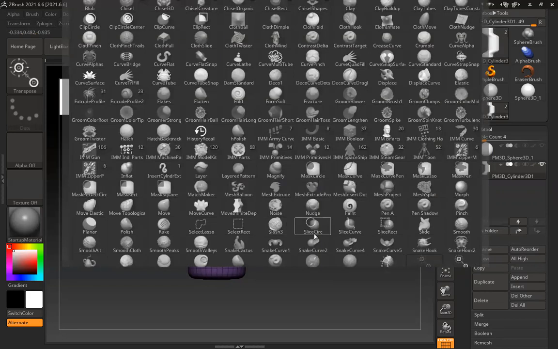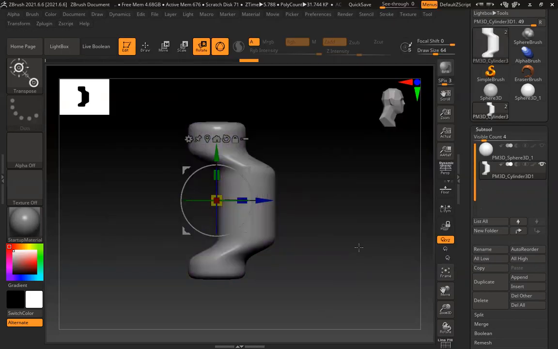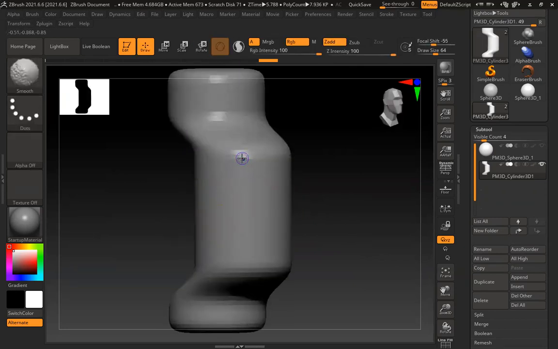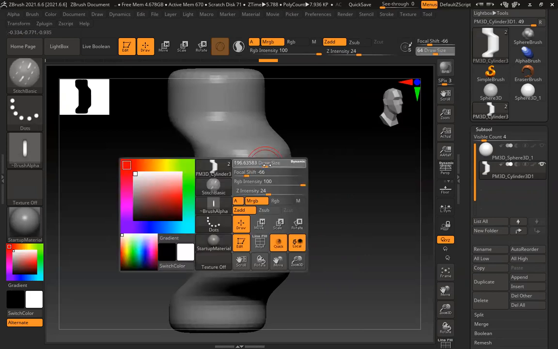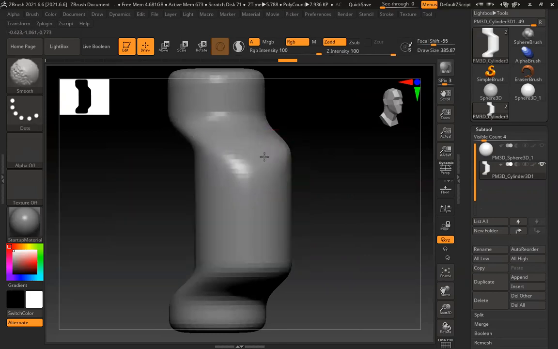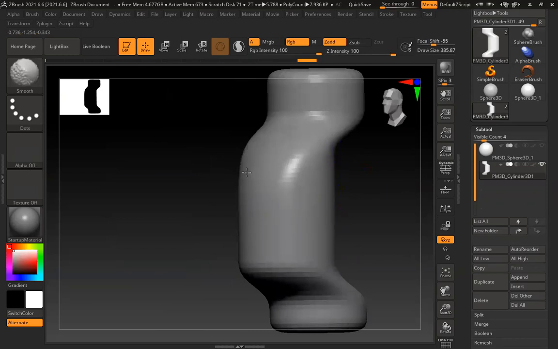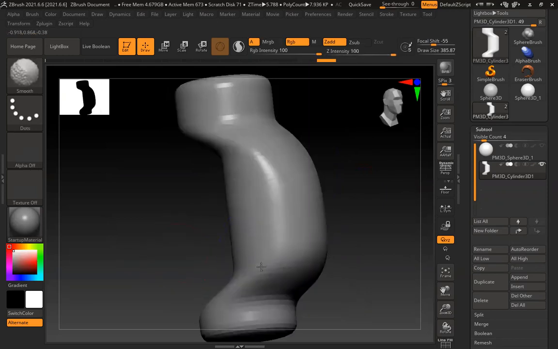And I can just simply smooth this thing. Like the basic shape of the stitch. Just one stitch you need to create.